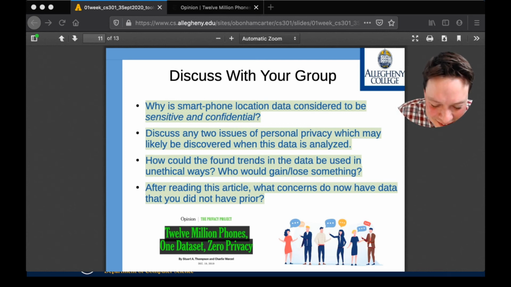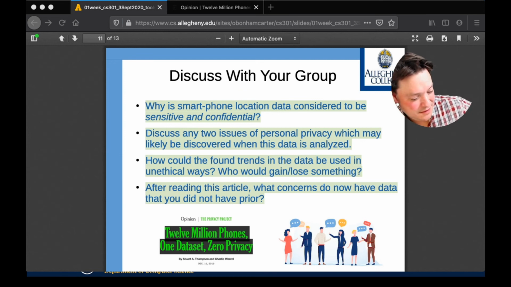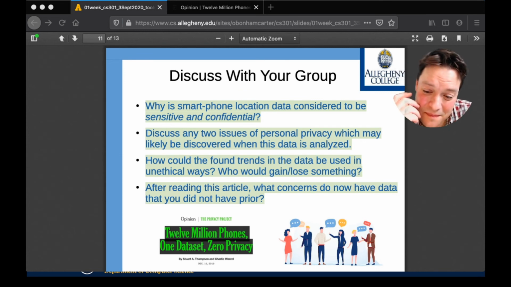For question one, we talked about how people have private things they like to do in their life. They don't want people to know where they're working or where they make a certain stop. We discussed personal privacy, like let's say someone's having an affair and making a stop once a week. It brings up the question, why were you stopping there? That's absolutely true.